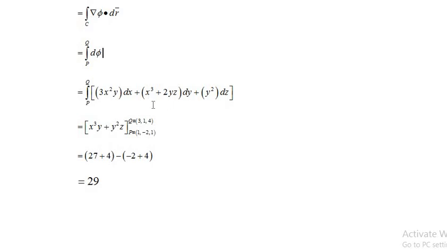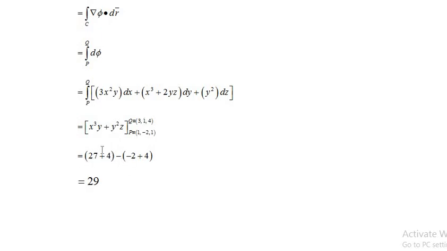Now there are two terms, and the first term involves x, so integration of 2yz dy with z as a constant, so 2y²z/2, that is y²z, plus integration of terms in the third bracket which are free from x and y. There is only one term but it contains y, so we do not consider anything. So the integration is x³y plus y²z from point P to point Q,